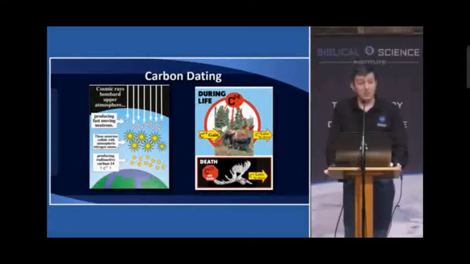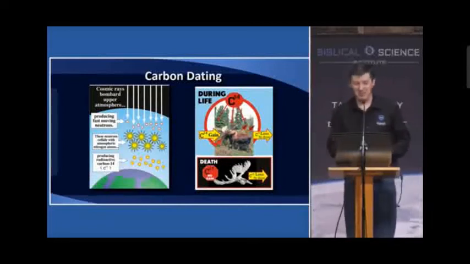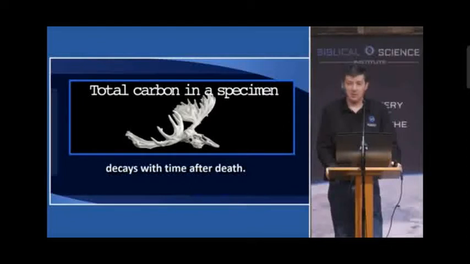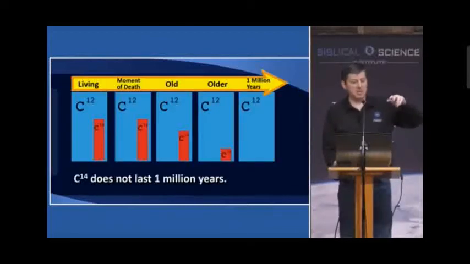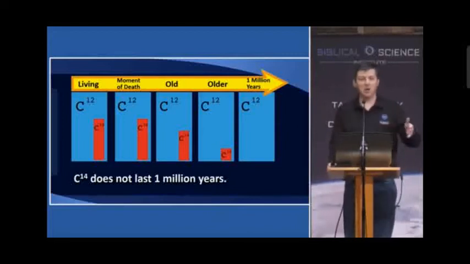Now, when an organism is alive, that C14 is decaying back into nitrogen, but you're eating new food and replacing it. So the C14 to C12 ratio in you is about the same as in the external environment until you die. But when you die, you're not eating, you're not breathing, you're not taking in any new C14, and so the C14 simply decays away. While you're living, the C14 remains constant until you die, and then it decays down. And so the idea with carbon dating is you can use it to tell how long ago something died. It's neat, it's a clever idea.